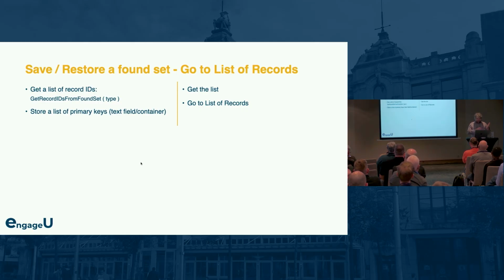And then you can get that list and go to list of records, which is a new script step. So you have 2 new things: the function to get the list of IDs and go to list of records, which is accepting any form of the record IDs as you can get from the function. Okay, the function has 4 parameters. The type, sorry, the type can have 4 different values,